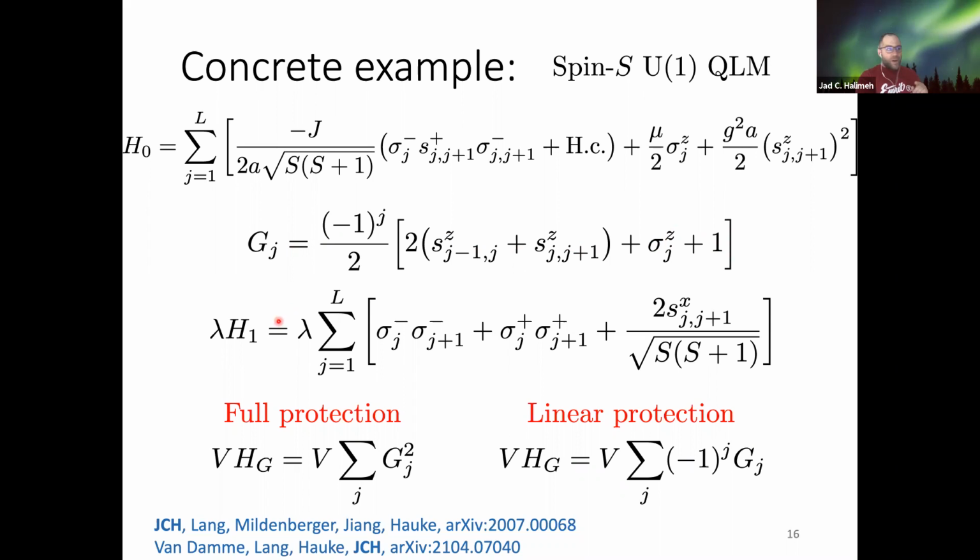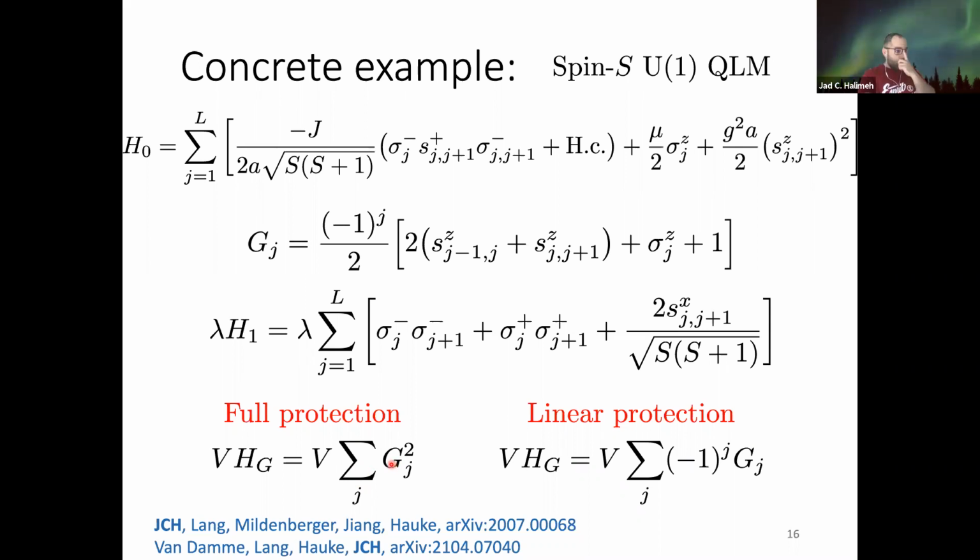And experimentally relevant gauge breaking terms are the following. So unassisted creation of electron-positron pairs or unassisted flipping of the electric fields. These are local gauge violating terms. Now, the full protection term, as I have mentioned, and as I have shown you results for so far, is the following one. You just take the square of the generator of Gauss's law, and you add it to your quench Hamiltonian, and this penalizes any processes going outside of the sector of Gauss's law.